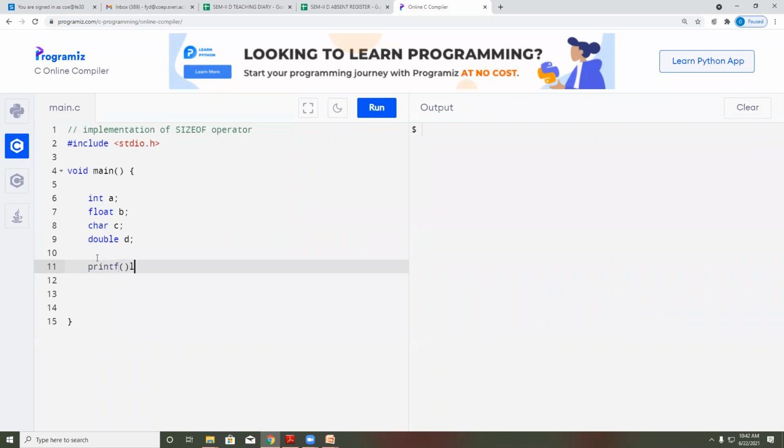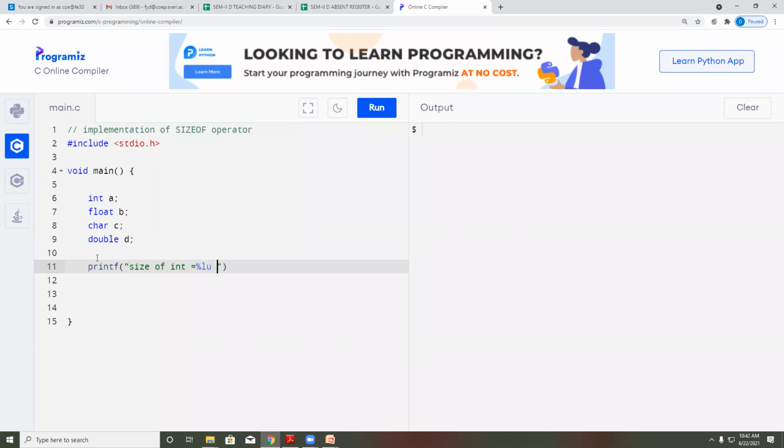Printf, sizeof integer is equal to percent lu.